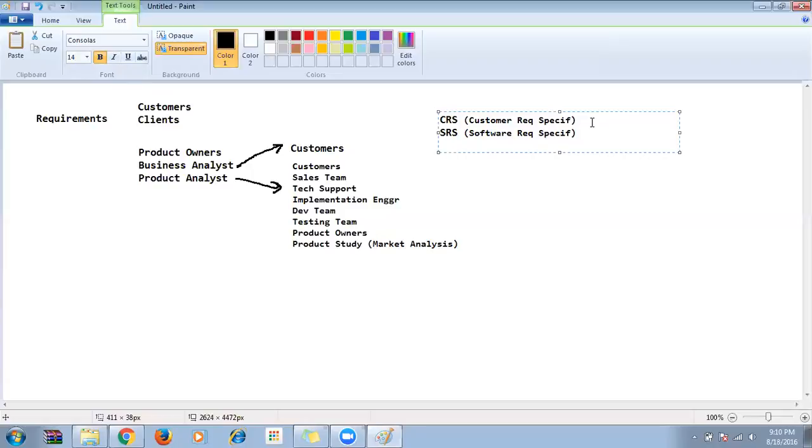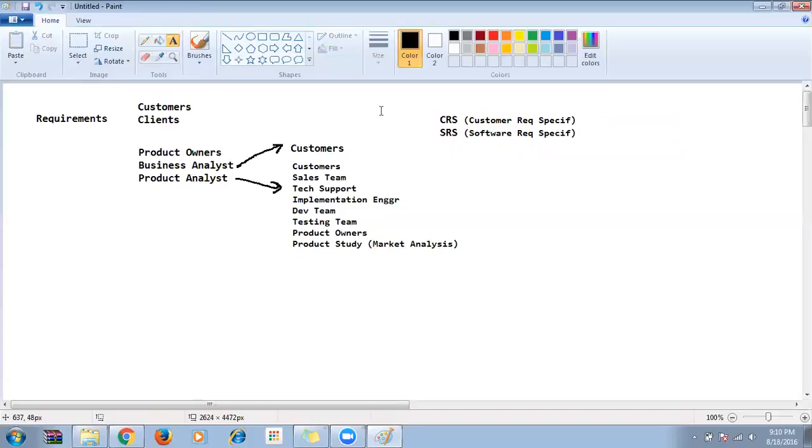CRS and then SRS. This process will be done by these three people. The requirements they get from the client, how can they be converted into an application, to a software level, and how can it be made user friendly? That is what these people will do.